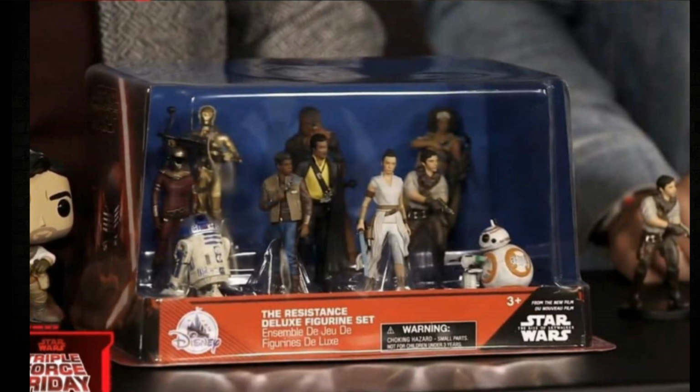These deluxe figurine sets are sold in Disney stores, and they are sold in this country, but let me clarify this for a second. I have seen these figurine sets before through other Disney stuff, like Toy Story or something like that, where you go into the department stores here and you see all the figurines, and they're all like the kids ones. They never sell the Star Wars ones. I've always kept an eye out to see if they had one for Force Awakens, and I think they had them for every movie. I'm pretty certain they did, but we've never seen them in this country. So hopefully this one drops in this country, because I'd like to see it. I would, because it's maybe the closest we'll get to 3.75 inch Rise of Skywalker figures, until I found this